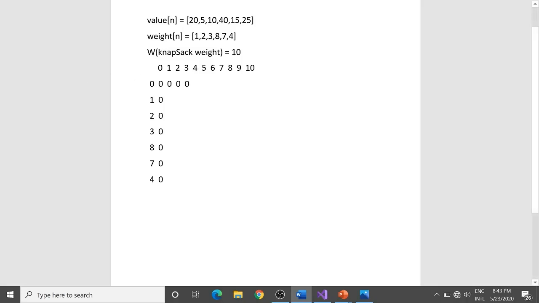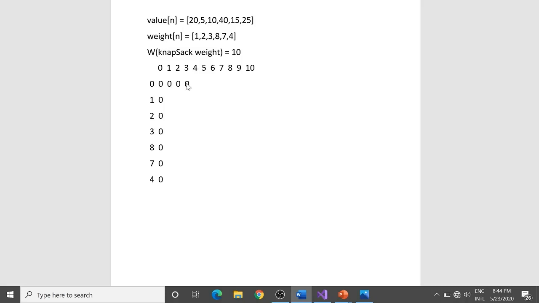What does this subproblem mean? The intersection of this 3 and this 0. This 3 means that currently I have a knapsack which can hold a maximum weight of 3, but this 0 over here means that I totally have 0 elements with me now. So when I have 0 elements with me and a knapsack which can hold a max weight of 3, what is the max value I can create out of it? The max value I can create is 0 again. Look, all these values you can populate with the help of int min as well, as we have done in our recursive cases. But again, as I discussed in the previous lecture, there is not a single way to simulate our recursive tree or the algorithm by which we are building our recursive tree.